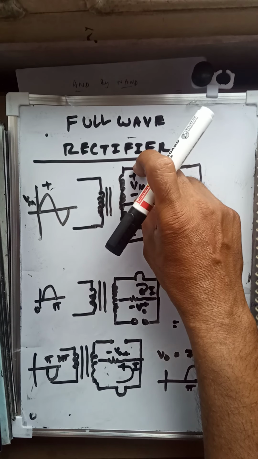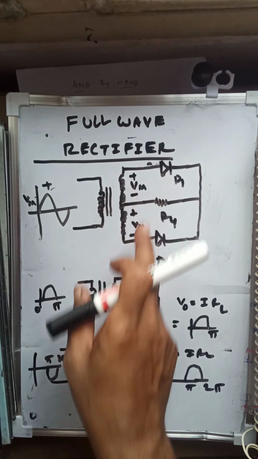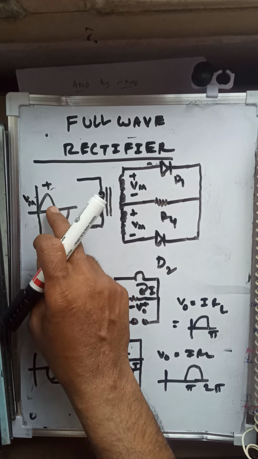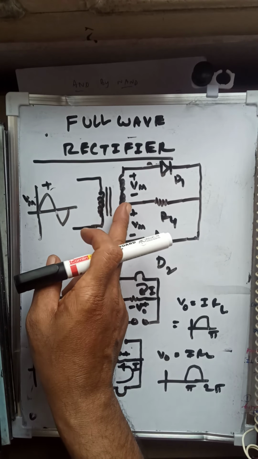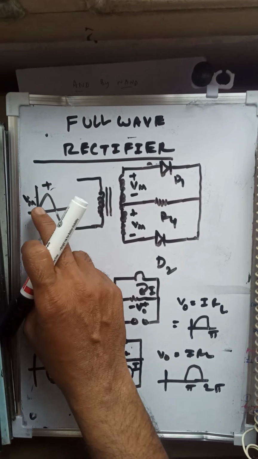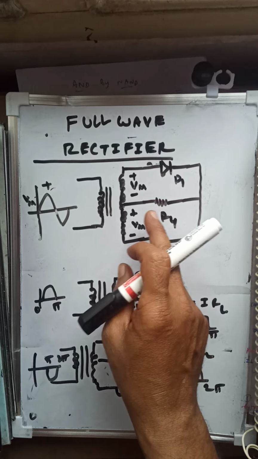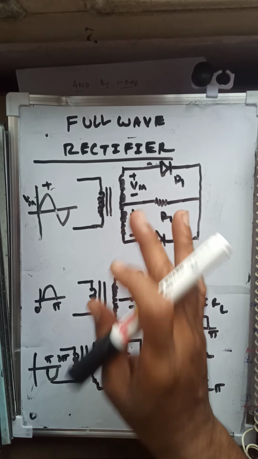Suppose the signal Vm is applied, here it is minus Vm, because inverse signals will be applied over here. That means if the signal 0 to pi is applied, this side has the same signal, but at the other side, because of center tapping, it is reversed. If the positive swing is applied here, at the other side the negative swing is applied. That is how the principle of the center transformer works.